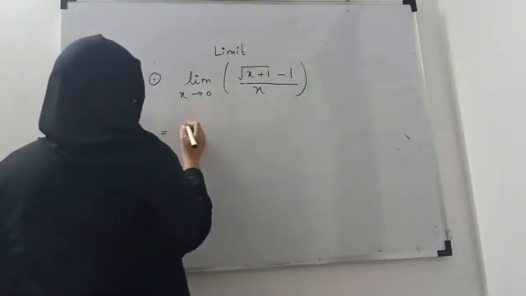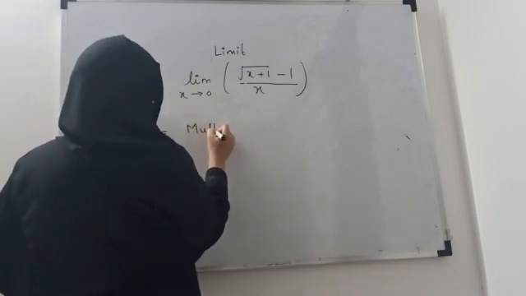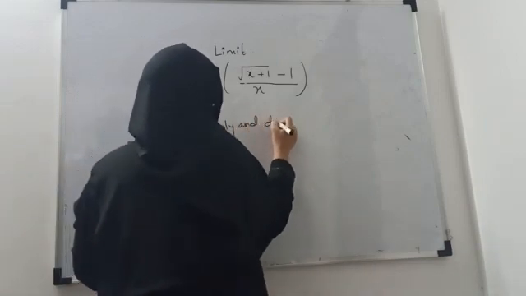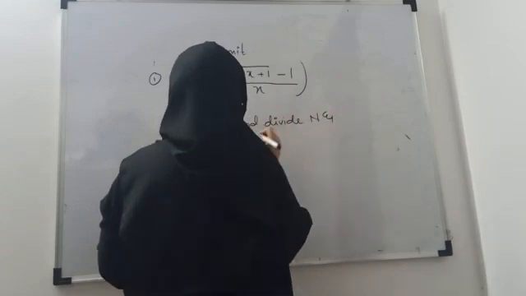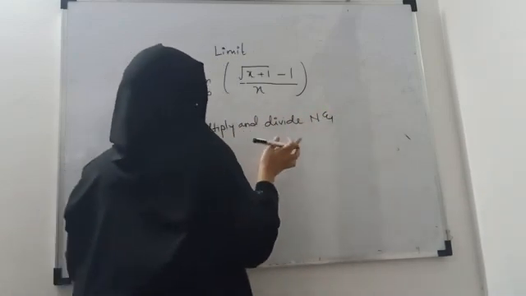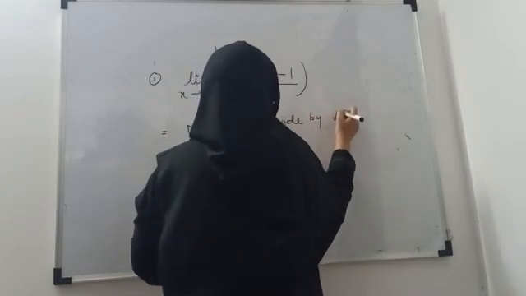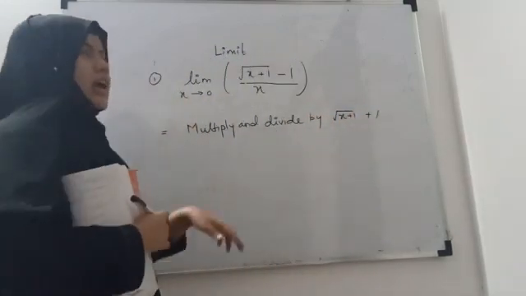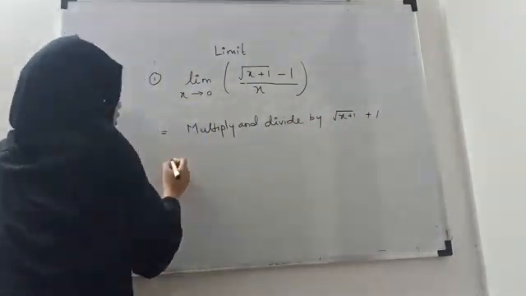Then we write: multiply and divide the numerator and denominator by root x plus 1 plus 1. I am using plus 1 because here the minus sign is there. So here it will become